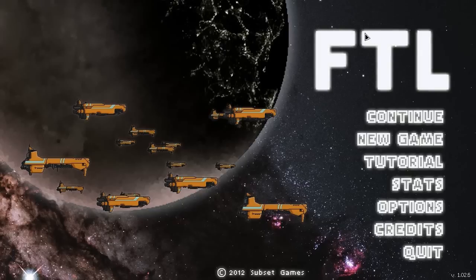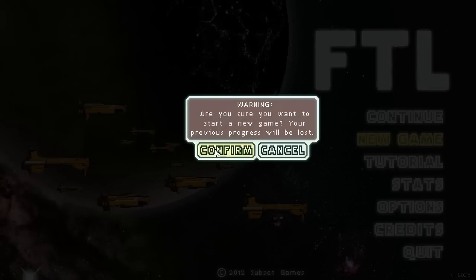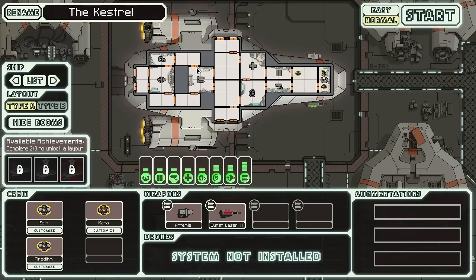FTL is a pretty new indie space simulator game, available on Steam now, and for the first episode I'll just show you a bit of what it's all about. So, this is the ship that you'll be flying